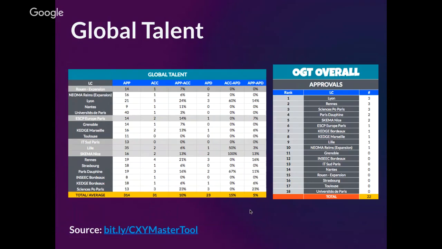So as I told you, all the LCs are running all the products. Of course, almost all of them are focusing on GV, but when it comes to GT, they don't actually reject or redirect the EP to another product or to another LC, which is a current issue that we will work on this semester. And you can see here the ranking of approvals as well.